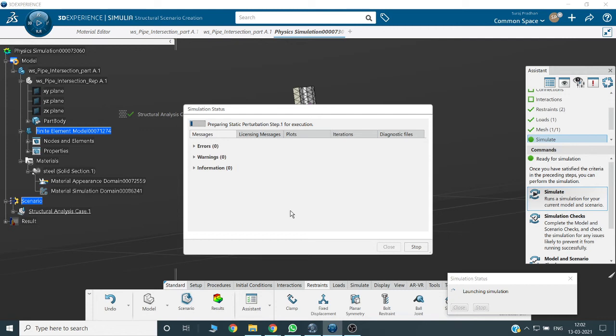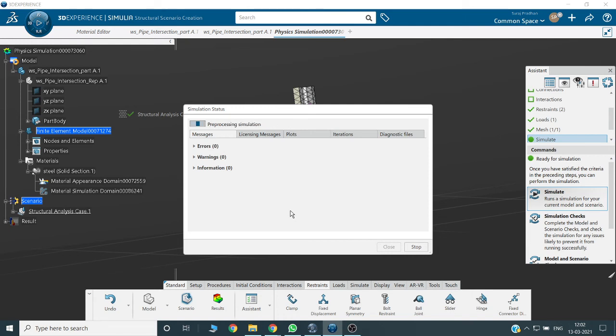If you want to check the model and scenario checks, you can do them separately. But if your procedure is perfect, you can go directly to simulate. As our procedure is correct, we went directly to the simulation.